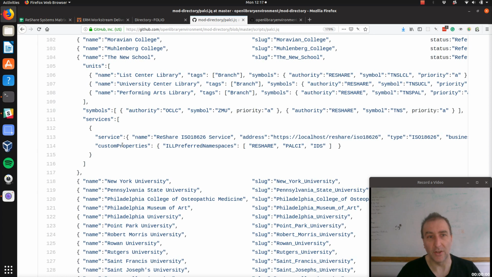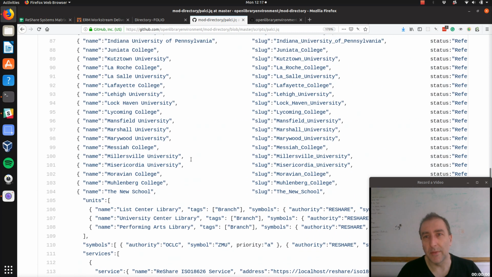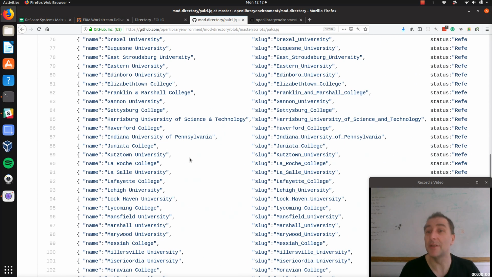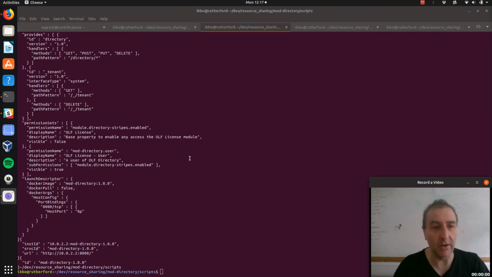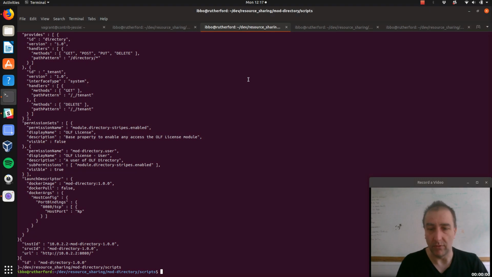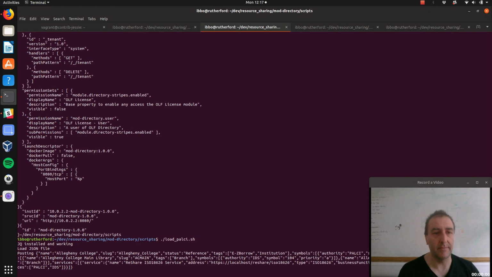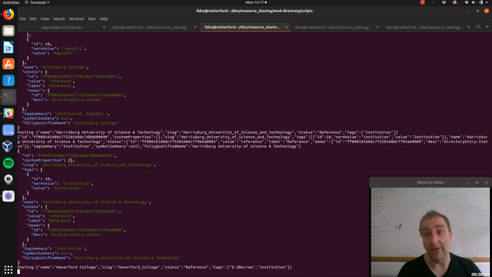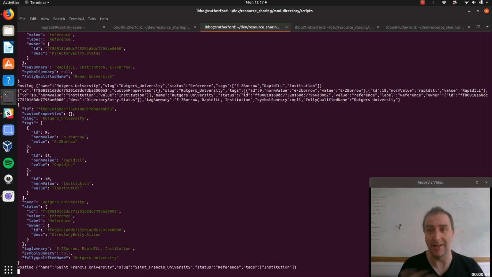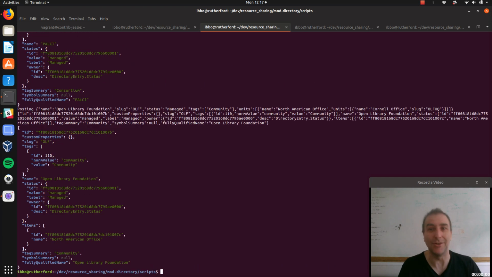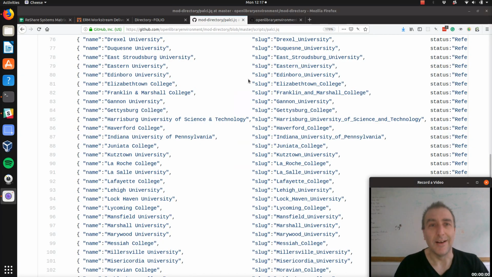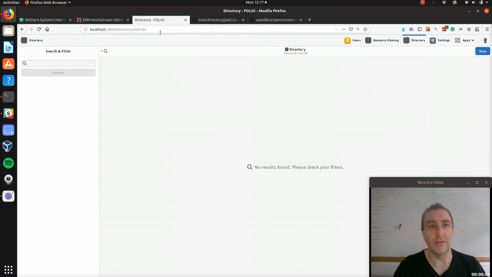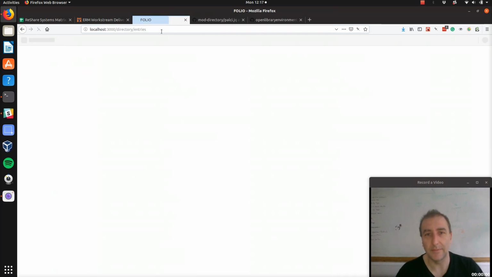And we've got some other information here which we're going to use in requesting about what our preferred namespaces are. So this file kind of represents what a user might type in. So I'm going to pretend to be the user interface, if you like. And if I go to my console, I can run this script. And what this script is doing, as I said, is basically emulating the user interface. So it's like going to the user interface and saying, I want to make a new institution. If I go back to the directory now, and if I refresh this,